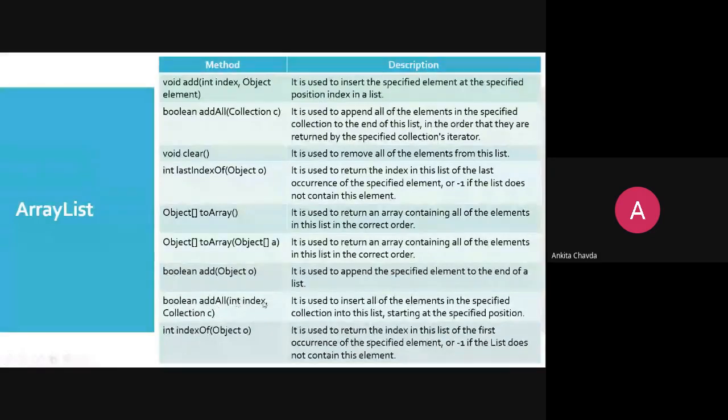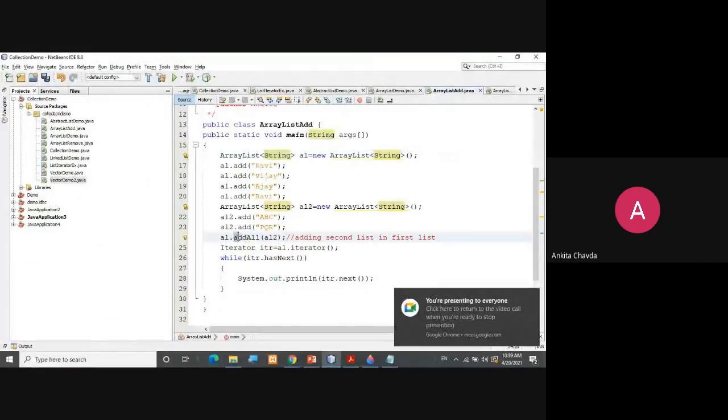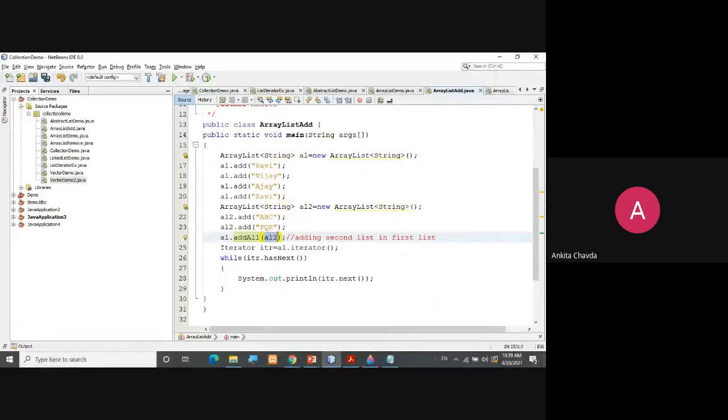Then boolean addAll. You can even specify the index and provide another collection, right? It will return true or false whether all the elements have been added at a particular index or not. You can see this example again. If I have this addAll and want ABC and PQR after my first element, you can specify 1 and this.